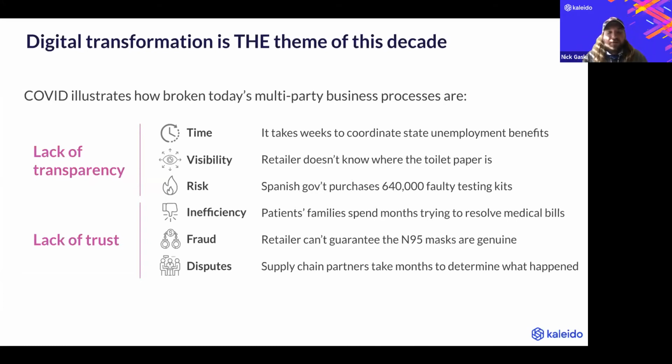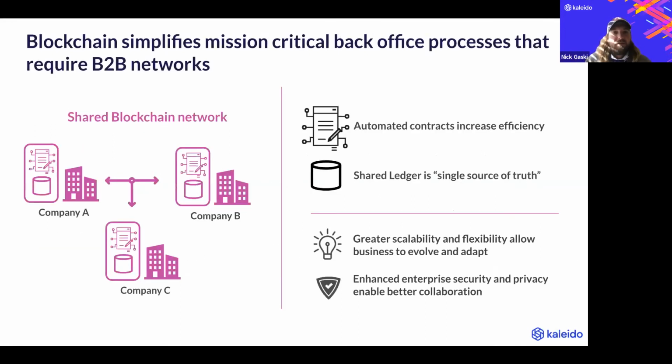but just a great demonstration of all of the problems that COVID unearthed for us, whether it's in municipalities, in supply chain, or in fraudulent goods or medical practices. So we see the unequivocal need for digital transformation. What this allows us to do is unlock those isolated data silos amongst companies. We're talking use case agnostic here. This could be healthcare, insurance, or supply chain, but we're starting to automate these processes.